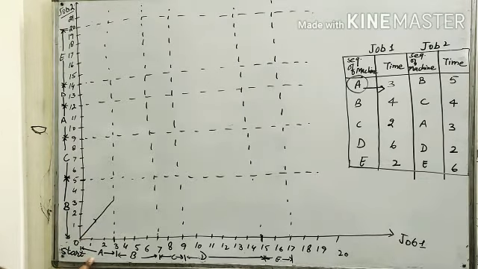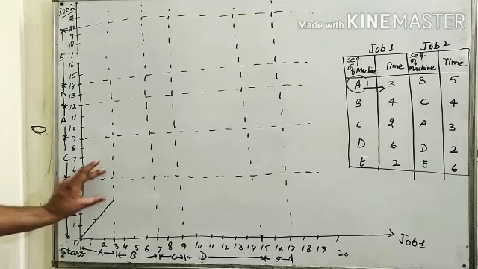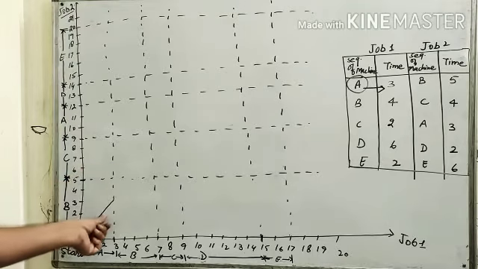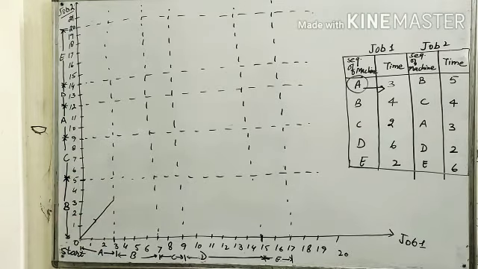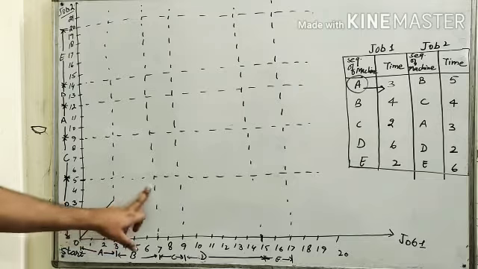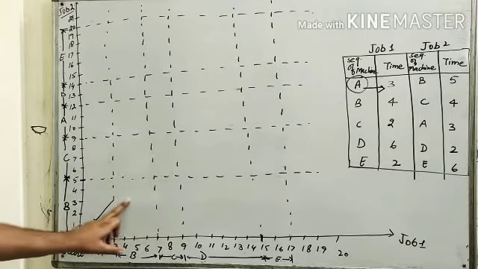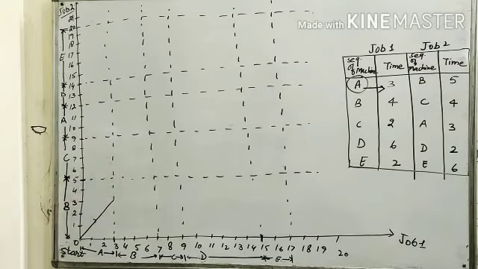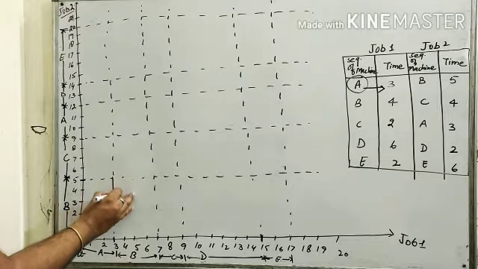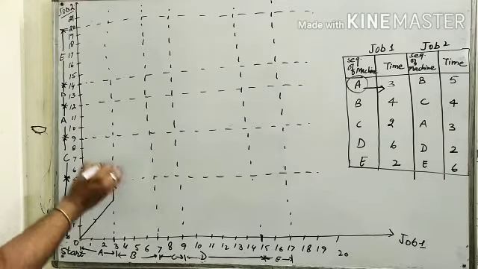This job will go to another job, but the machine is not available. That is, we have to move either horizontally, vertically, or diagonally. Now diagonally we have moved. Now there is no space to move diagonally, so we have to move either horizontally or vertically. Horizontal is also not there, so we have to move vertically, that is, up to this particular time.